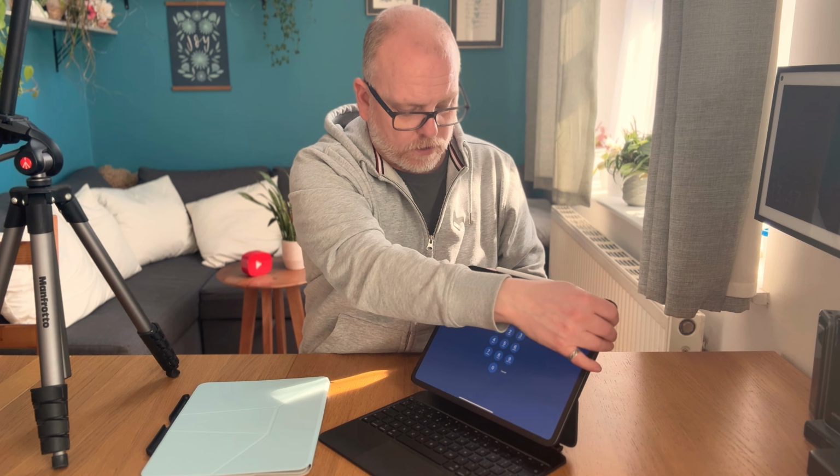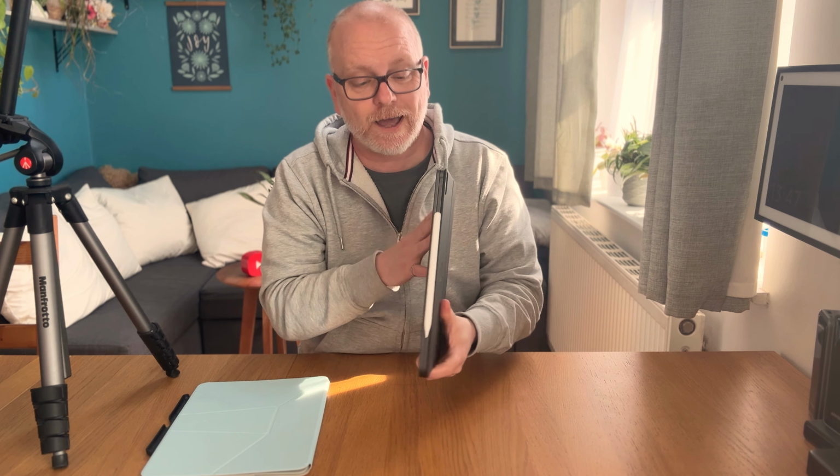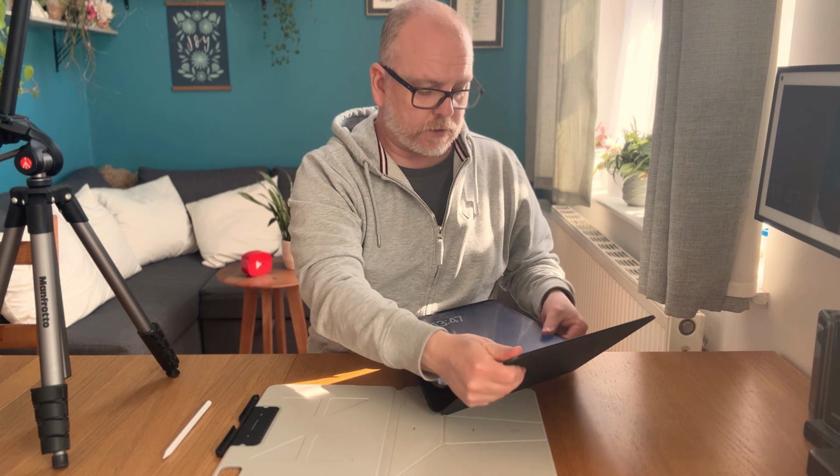And this iteration of the Apple Magic Keyboard case is a lot better than the first generation, so you're not going to get much movement on there whatsoever. But it adds bulk. It takes something that was lovely and svelte and nice, and it adds quite a bit to it. Whereas the Folio case here, you can take this off,